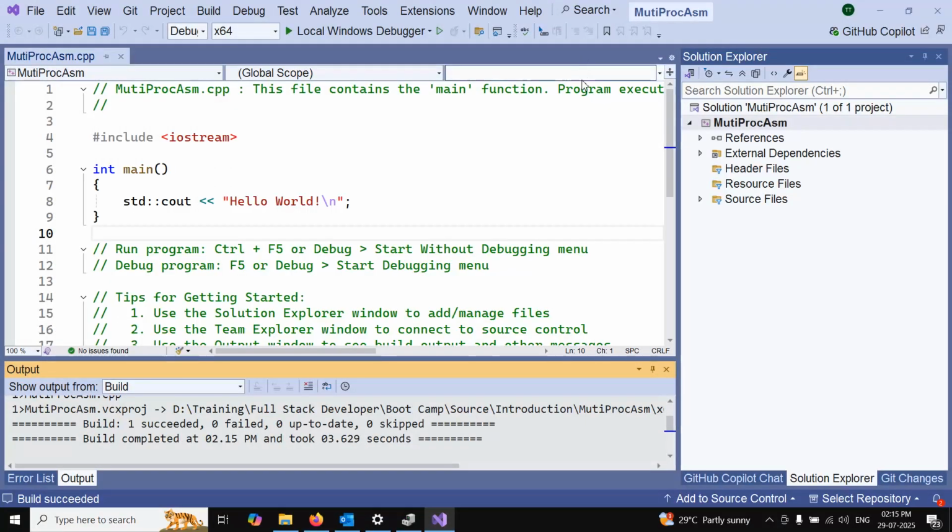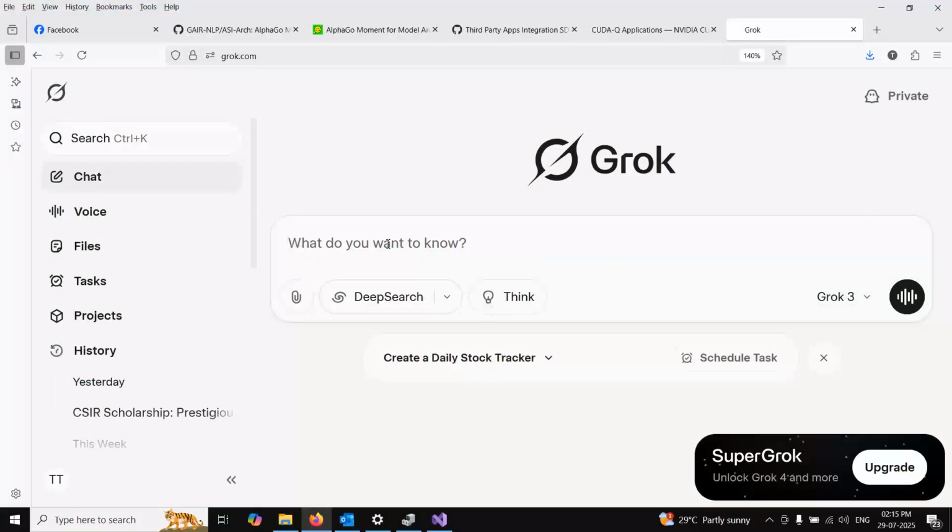So what I will do here is ask Grok to develop a C++ application which will make use of OpenMP and which will run a normal version as well as a version that supports OpenMP. In that way you will be able to easily understand the performance difference. So I will ask Grok to create a C++ console application